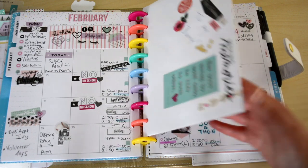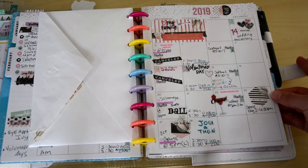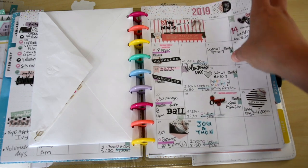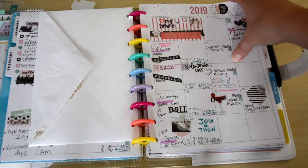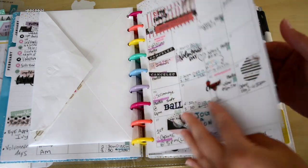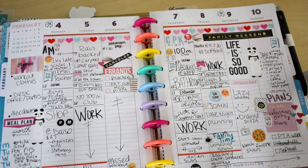So I love that. So this is the other side of my monthly at a glance. I love doing my monthly at a glance. I think that's my favorite part in planning in my planner, is my month at a glance, because for some reason I can keep that looking clean and straight, but my weeklies are really terrible looking. But anyways, okay. So this is the first week of February, or not really because it starts on the 4th, but